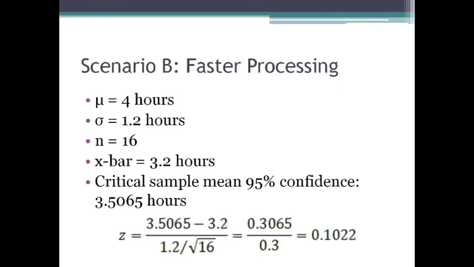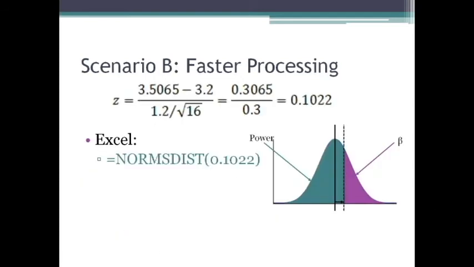All right, you should have gotten about 0.1. Notice this is positive. We're going to the right. 0.1. Again, here's our sample mean. Here's our critical sample mean. So we're treating the sample mean as our population, and this is our critical sample mean as usual. Treat it as our sample mean. It should get about 0.1. Again, we'll put it into Excel. Notice now positive, right back into the standard normal distribution. And it should output